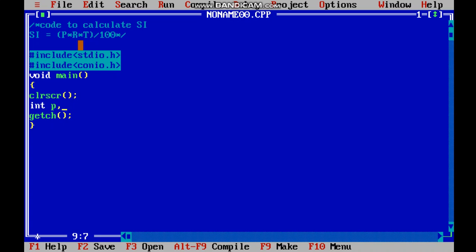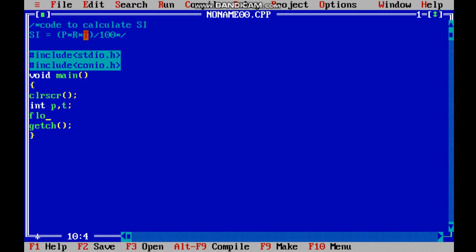See, in rate, some banks offer 6%, 8%, 11%, 8.5%. Rate may be in point, so rate won't be coming in integer type. Time in years. Okay, so in years you cannot say 1.5 year or 2.5 year or 2 quarters, something like that. So time will be in integer. So we took P, principal amount, and time in integer. Okay, done with it.